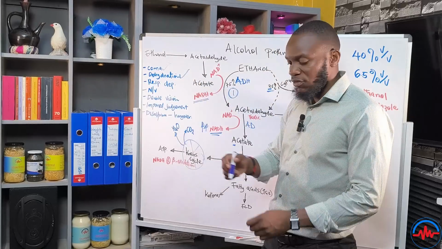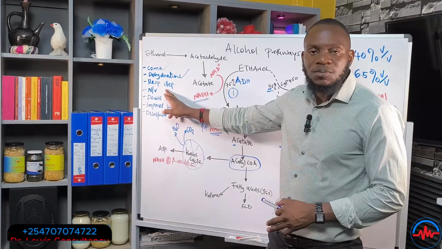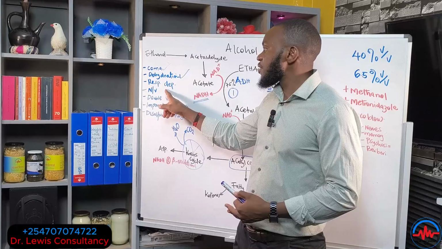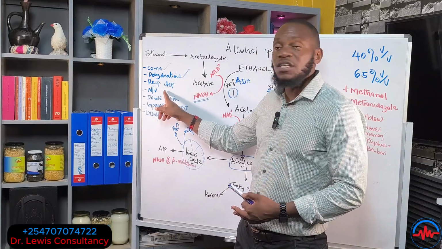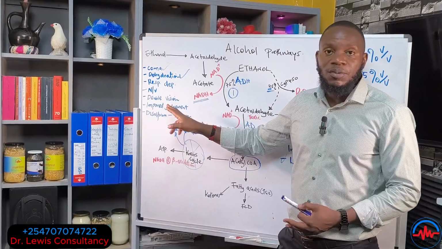Alcohol causes dehydration, therefore kidney problems are coming in. Alcohol can suppress your respiratory centers. So when you take alcohol over a long period of time, you will end up suppressing the respiratory centers. Even high levels of alcohol will suppress your breathing centers, and now you have problems.